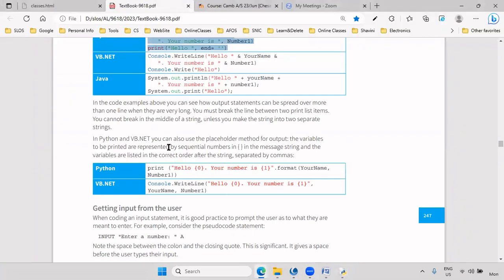In Python and VB.NET, you can use the placeholder method for output. The variables to be printed are represented by sequential numbers in curly braces in the message string, and the variables are listed in the correct order after the string, separated by commas. So this: